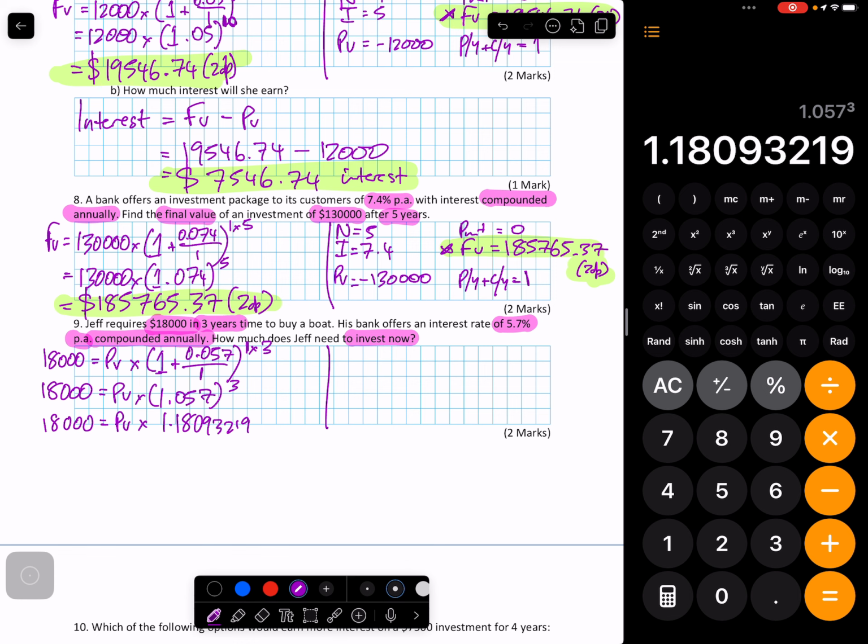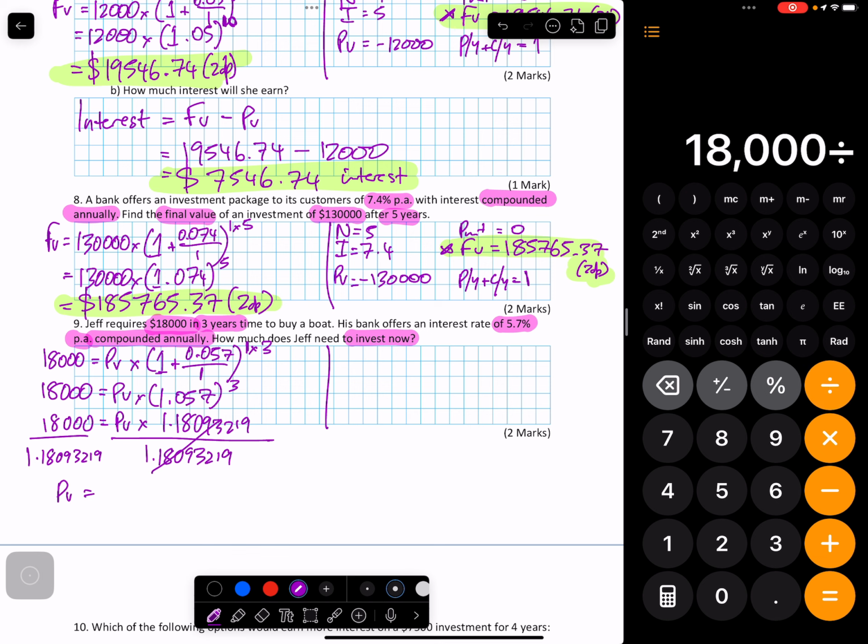The opposite of timesing by 1.18093219 is dividing by that. And do that on both sides, 1.18093219. That's going to cancel out those two numbers, so PV is going to be